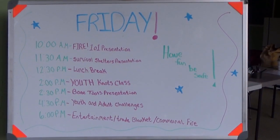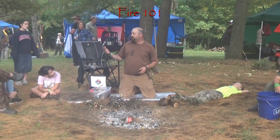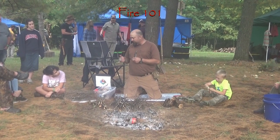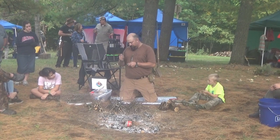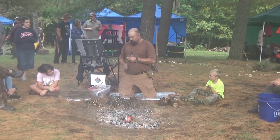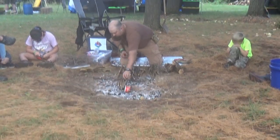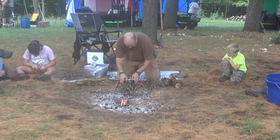Does everybody here know what happens when you hit the steel to the flint? The flint is actually compositely harder than the steel. So as you hit and strike, those sparks are molten pieces of metal coming off of the strike. My preferred method, a few of the YouTube bushcraft guys use the same